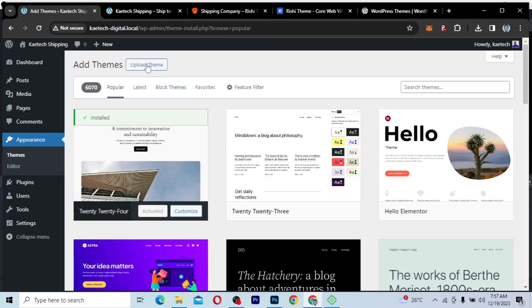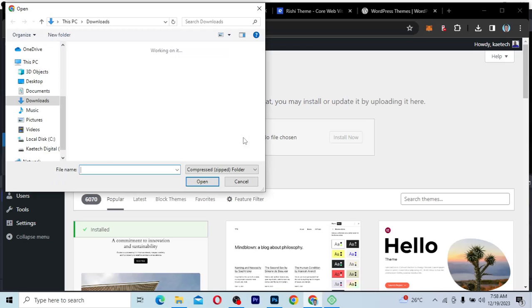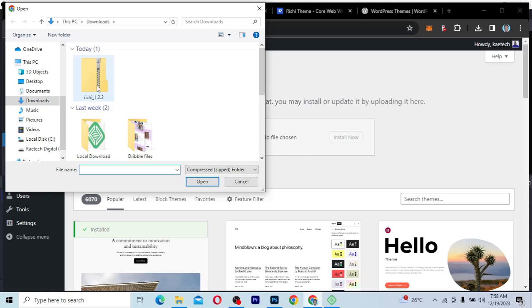The moment you click on upload theme over here, which is what we're going to do, you should be able to upload your new theme. Okay, and that is it. So we're going to click on upload theme, and then click on choose file over here. Now this is what we're going to upload. So we're going to click on the Rishi 1.2.2,